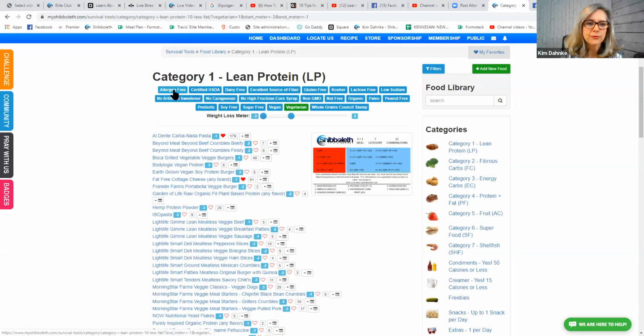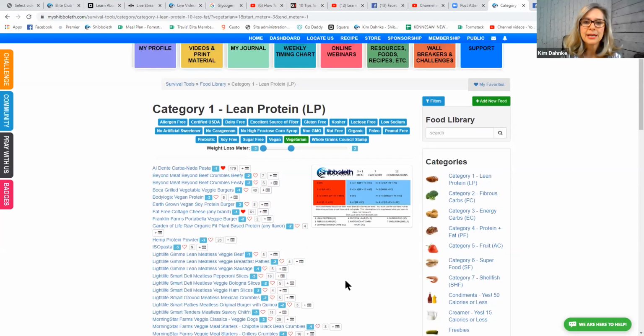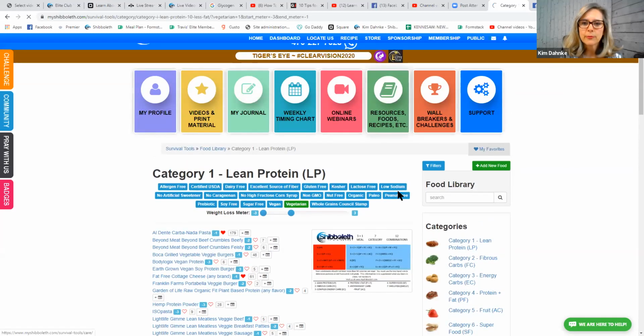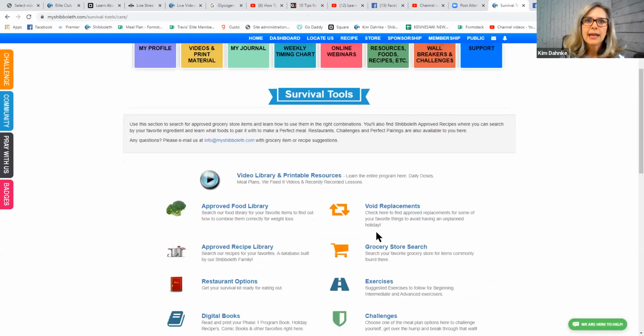So this is one way to filter foods with these types of things. Maybe you want allergen-free, you can click there. Maybe you don't want any artificial sweeteners. Maybe you don't want any high fructose corn syrup. You can use all those filters, and you can use this weight loss meter, okay? We're gonna click right back up here, and